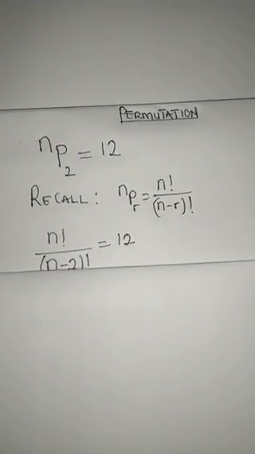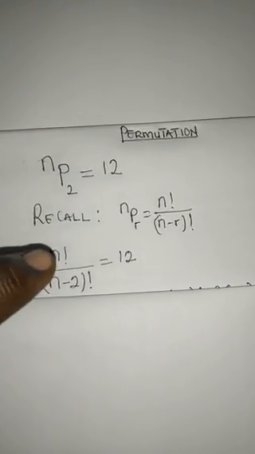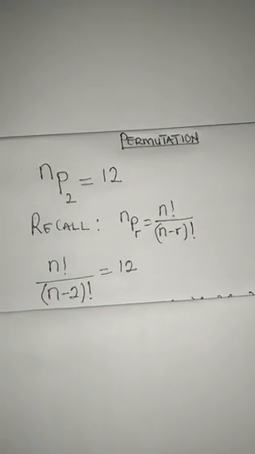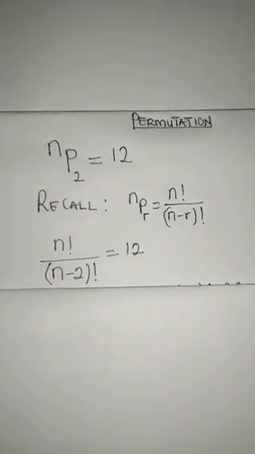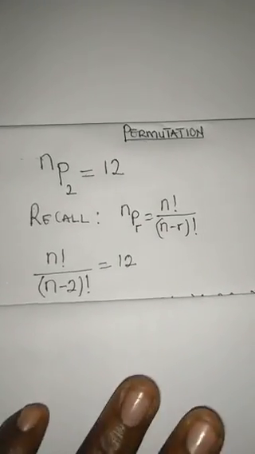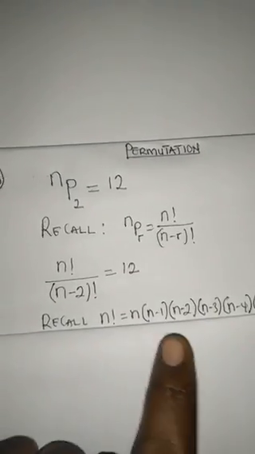Now that means in writing nP2, it will be n factorial all over (n minus 2) factorial, which is equal to 12. Now, remember that n factorial is equal to